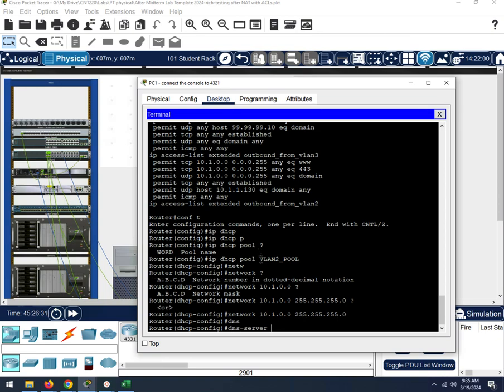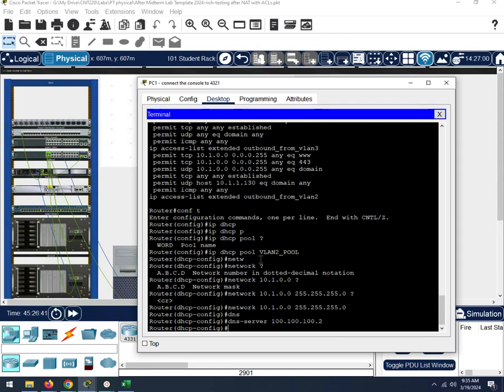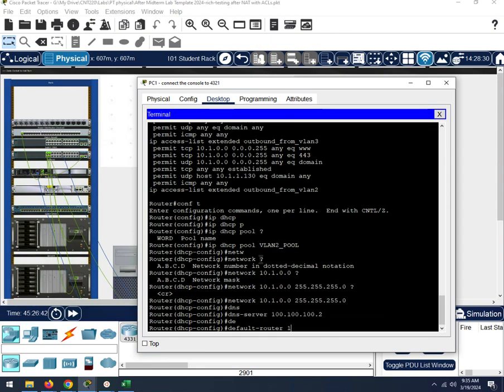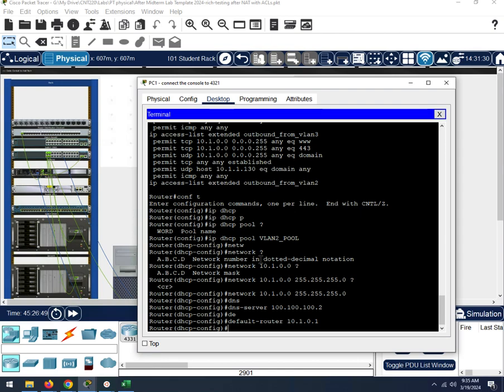We need a DNS server. For now, we'll put my DNS server, which we set up at the end of the lab. When you have your own DNS server working, you should probably change this to be your DNS server. And we need a default router. That's going to be the VLAN 2 subinterface. So that is a complete